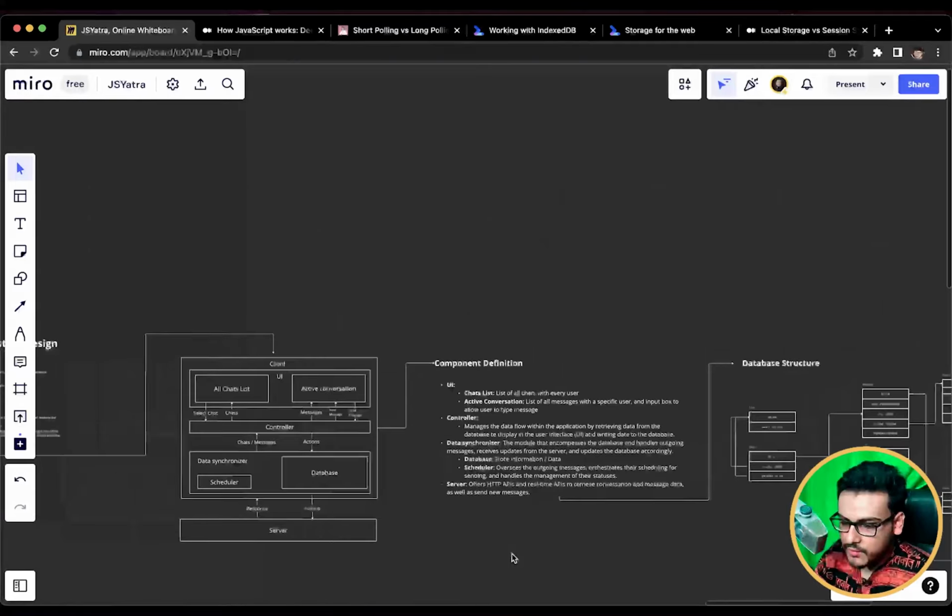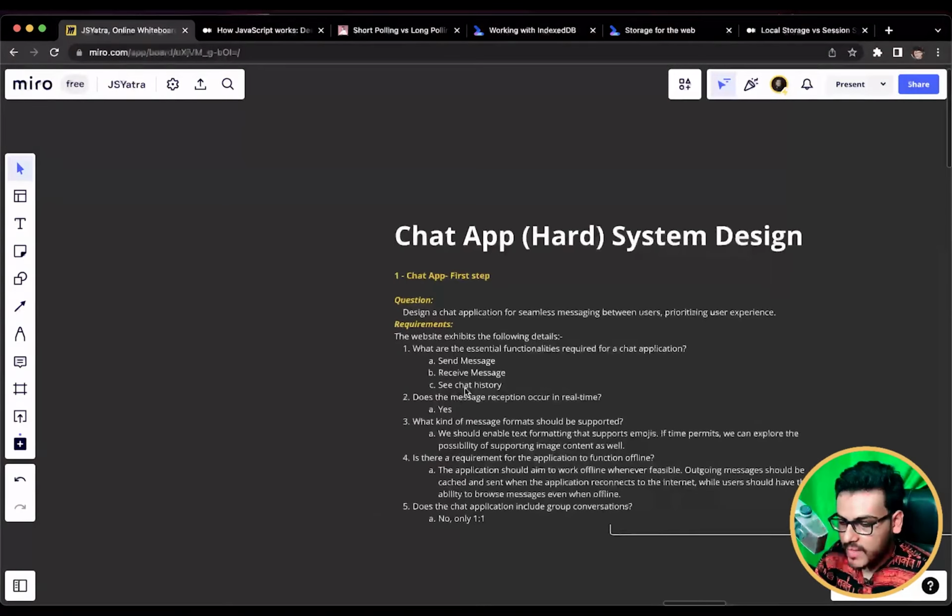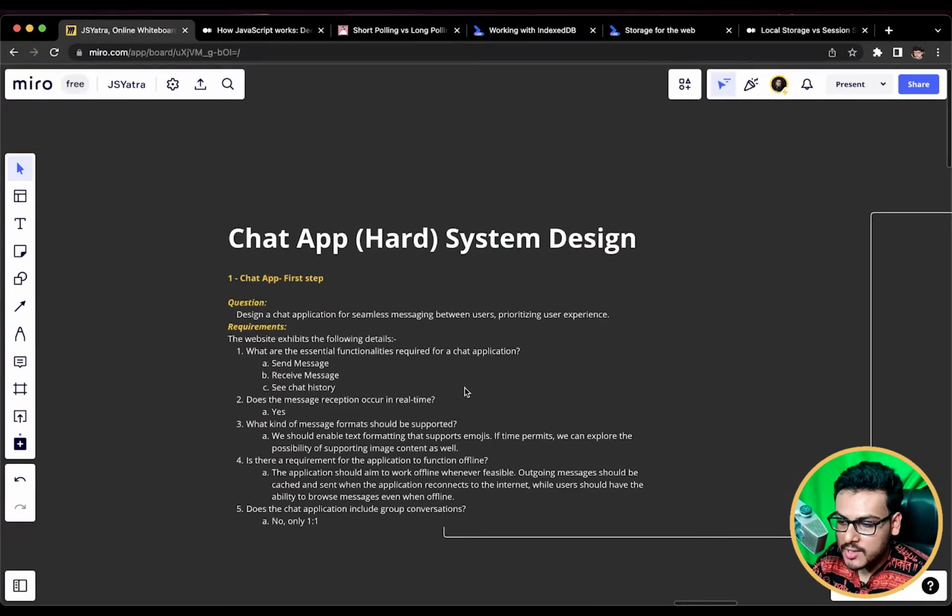All right, so with this we finished the very interesting chat application system design question. The level of this question was hard, but it might have felt medium to you because we have already practiced three questions before landing on this chat application.